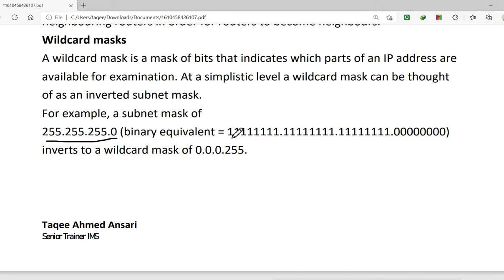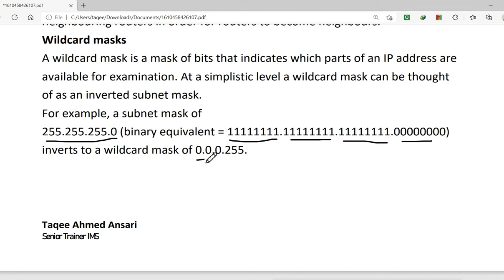We can see that all these bits are on and these bits are off. When you invert this, these on bits will become 0 and 0 bits will become on. Very simple. So this will become the wildcard mask for this subnet mask.